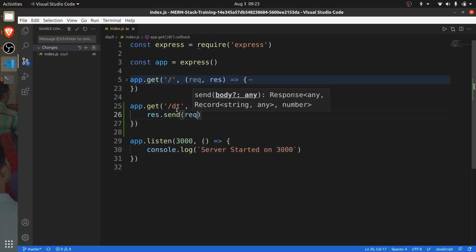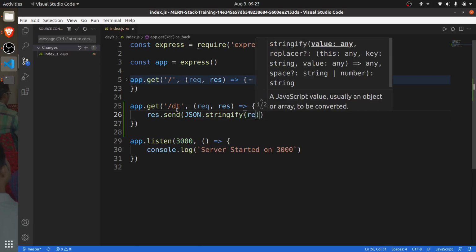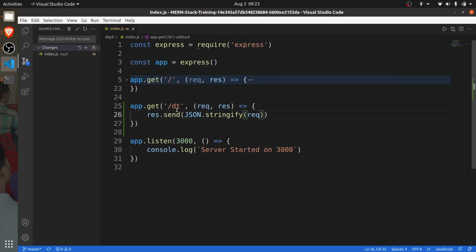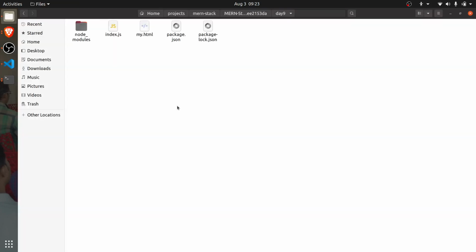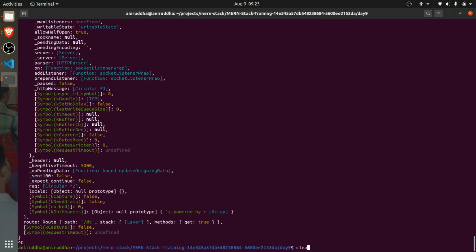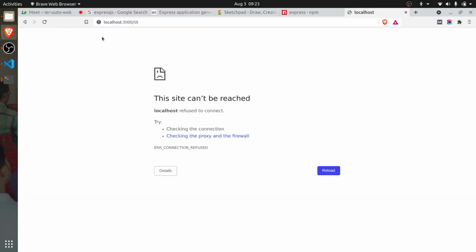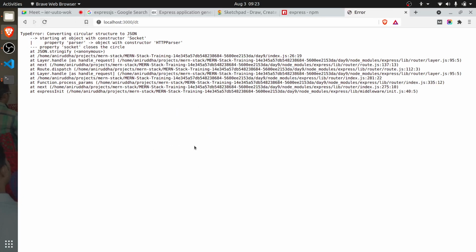and here I am passing JSON.stringify of this request object. Again run the project, npm start, and refresh it. Can you see?